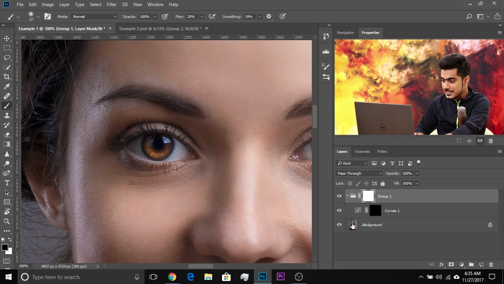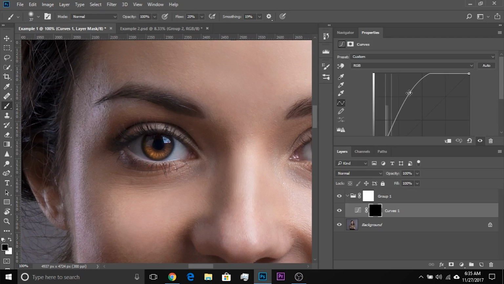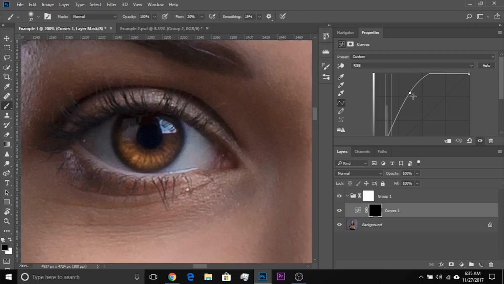Looks fantastic, doesn't it? Now, if you want to increase the brightness, you can do that as well. Select the Curves Adjustment Layer properties by clicking on the icon and make it even brighter if you want to. But I'm gonna keep it a little lighter. I'm gonna show you one more little trick which is more exciting.